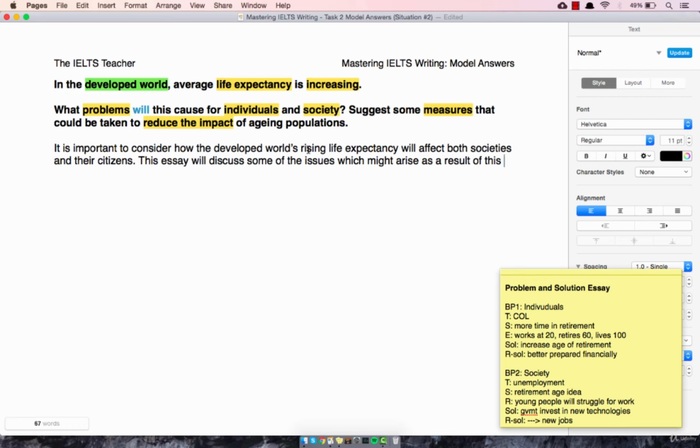Now, if you see something changing over time, what is that called? A change over time. Think about it in terms of task 1, graphs with a trend. So we'll use this word trend. This essay will discuss some of the issues which might arise as a result of this trend and some ways